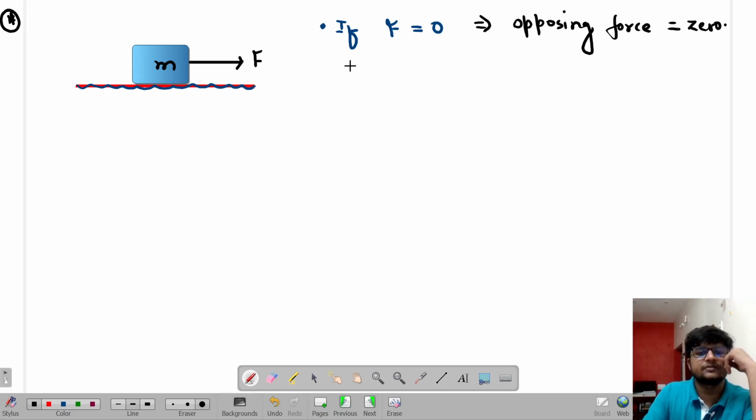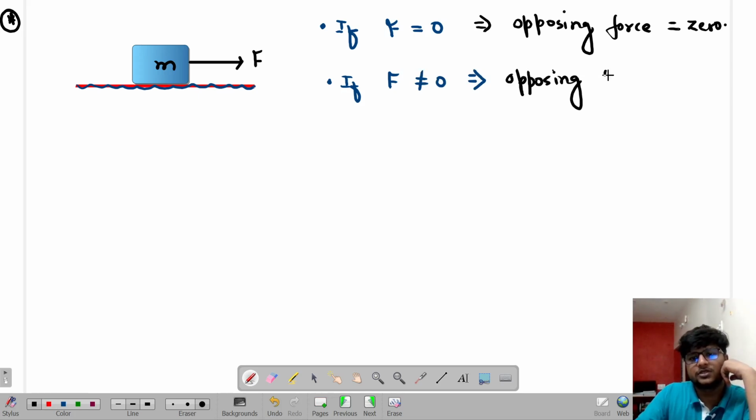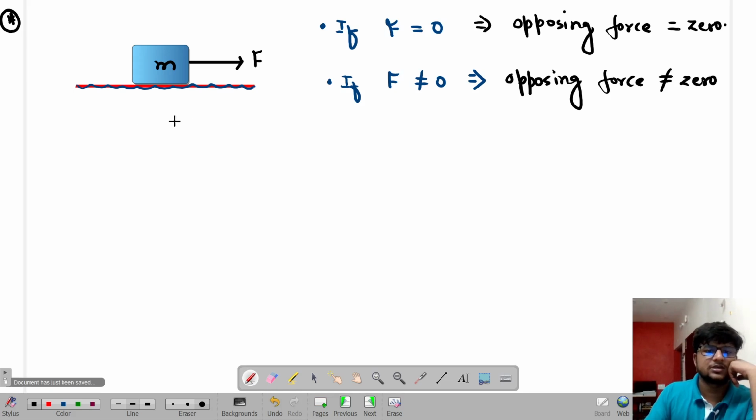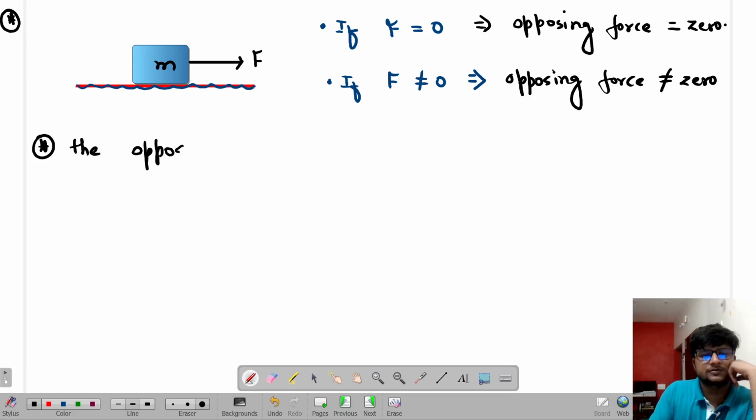Now, when you increase this, if this F is non-zero, you are going to see that an opposing force appears. The opposing force is not zero. So this means that the idea of opposing force is appearing. Can I write one conclusion over here? That the opposing force appears